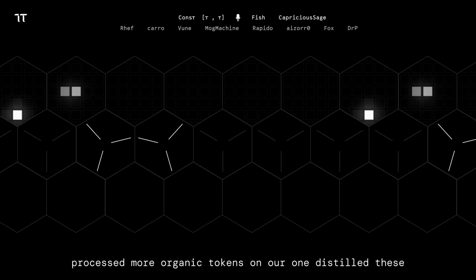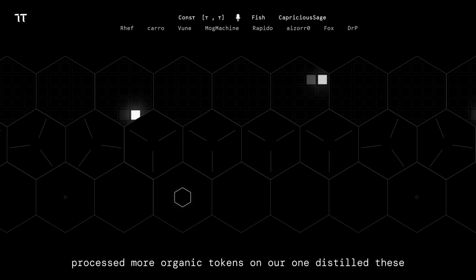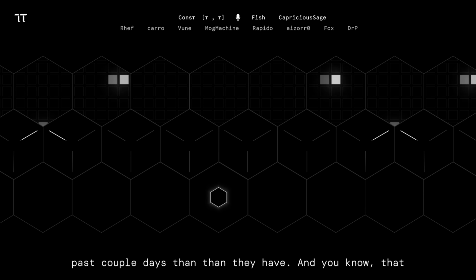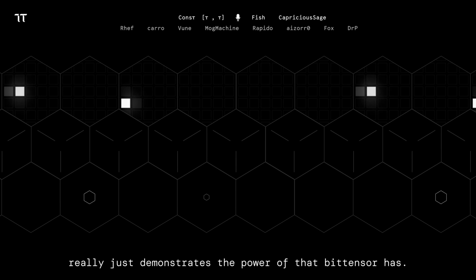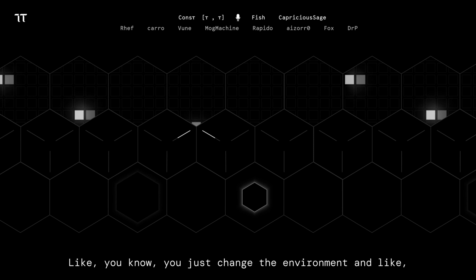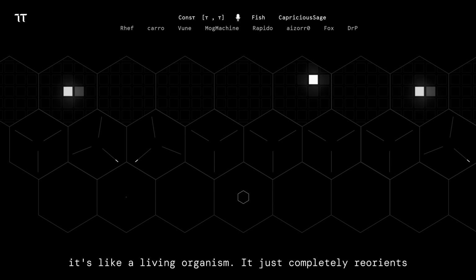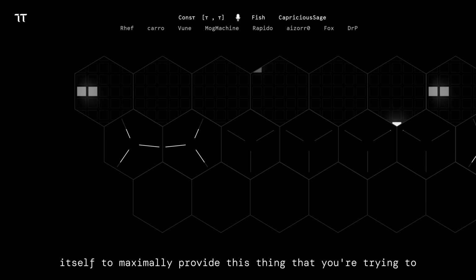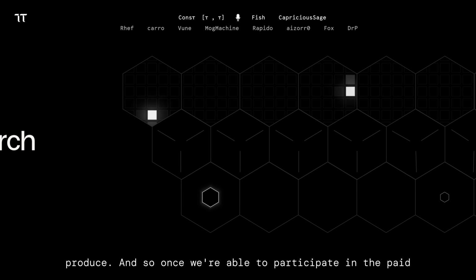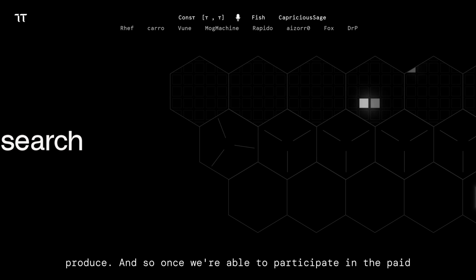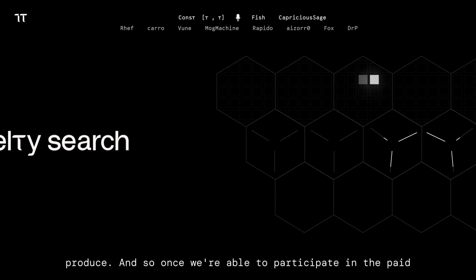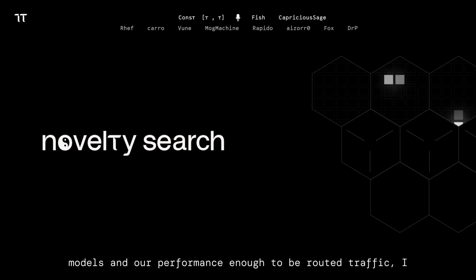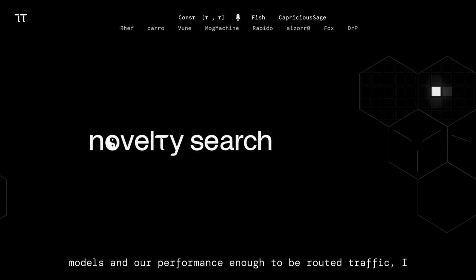We processed more organic tokens on R1 distilled these past couple of days than they have. And that really just demonstrates the power that Bittensor has. You just change the environment and it's like a living organism. It just completely reorients itself to maximally provide this thing that you're trying to produce. And so once we're able to participate in the paid models and are performant enough to be routed traffic,